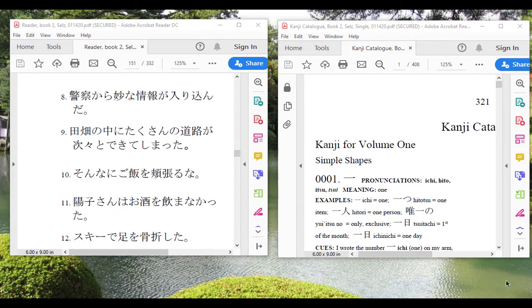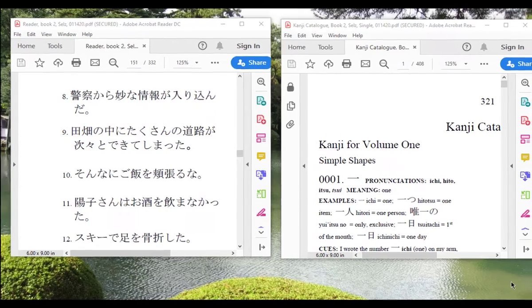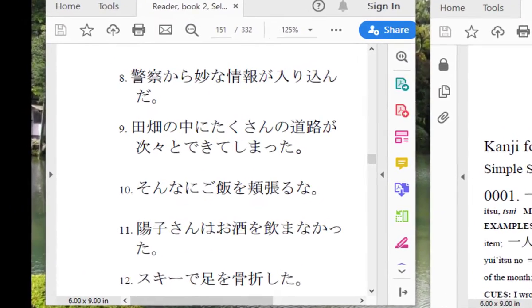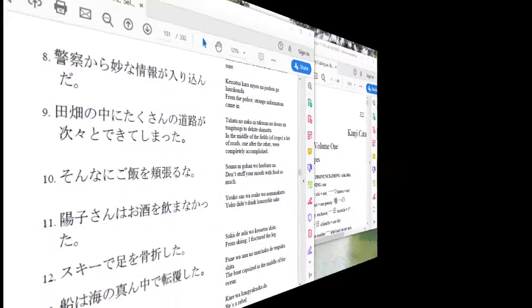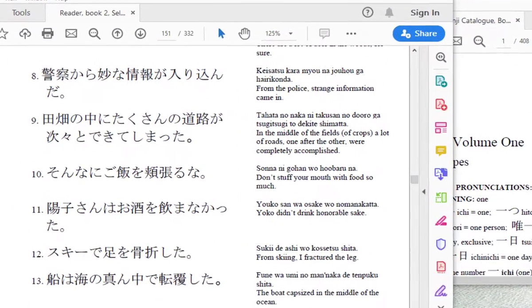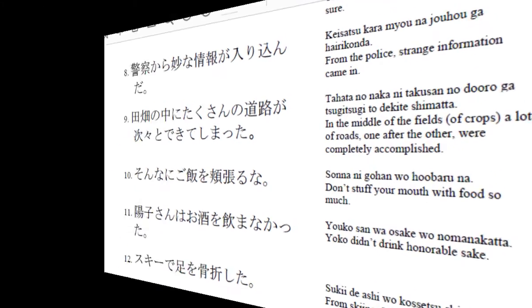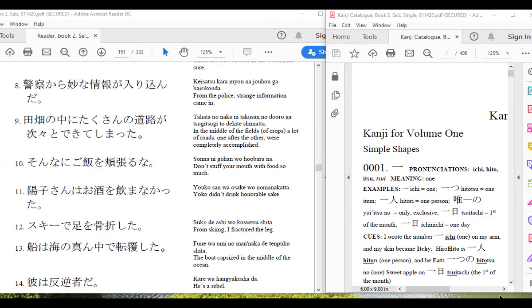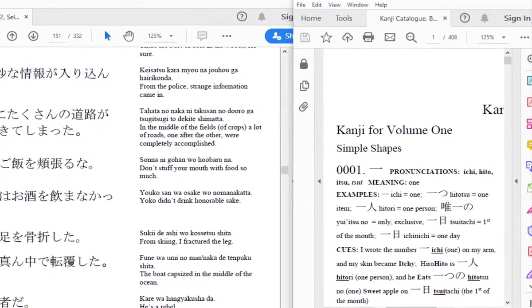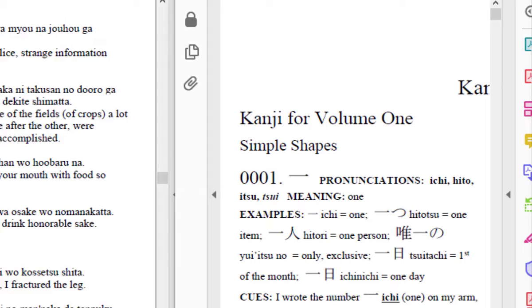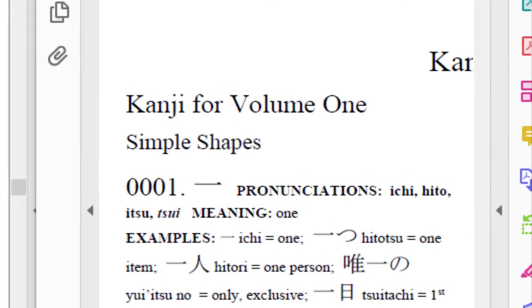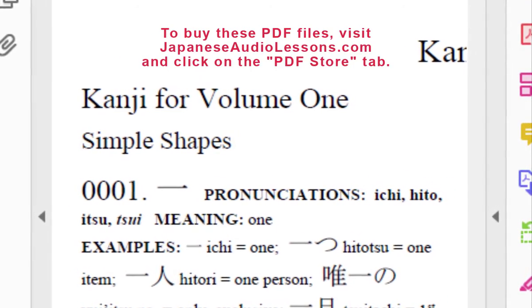I've opened 2 digital PDF files in separate windows on a desktop on a Windows 10 computer. I'm using the free version of Adobe Acrobat to read those PDF files. The first file is the Japanese reader for the second book. I've made this window larger so that we can read the sentences more easily. The second PDF file is the kanji catalog. I've made this window a little narrower since it consists of a single column. You can get both of these PDF files by using a link found at our website,